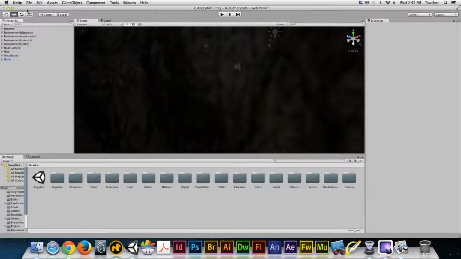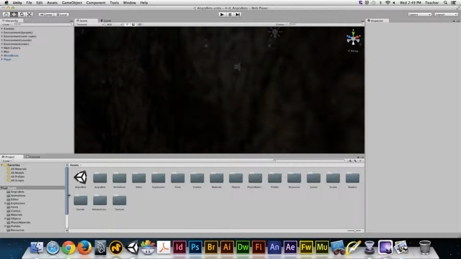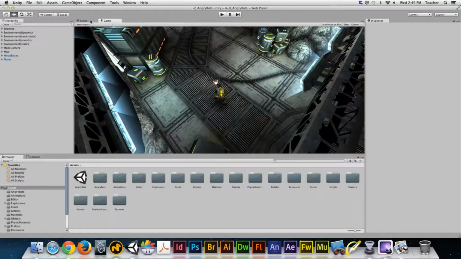So Unity is broken out into a whole series of palettes, okay? And very similar to the way Modo works, how you establish the layout of your scene is going to determine where all of these persistent palettes are going to go. The ones that we want to focus in on for the time being is the gigantic palette here in the center. And you can see that it's broken out into two tabs. We have the Scene tab and then the Game tab. Okay, so these are two tabs. The Scene tab,